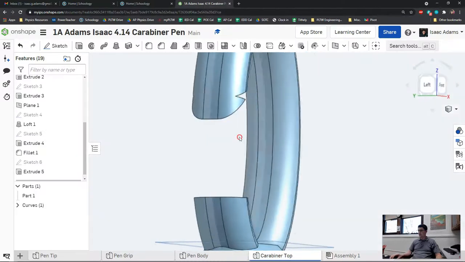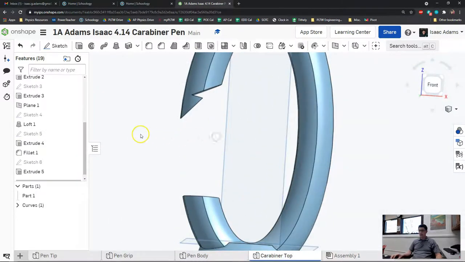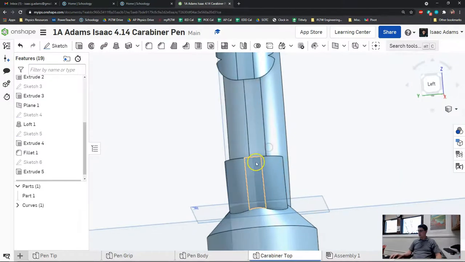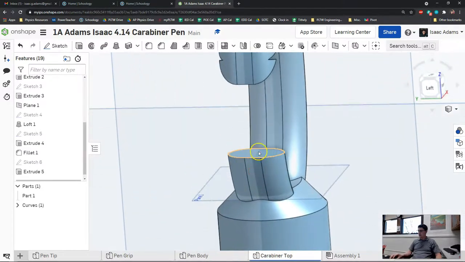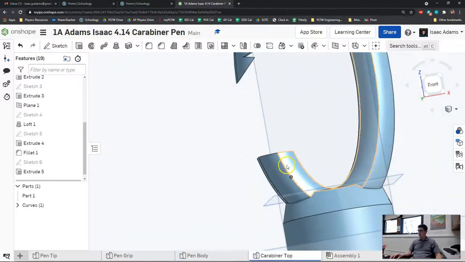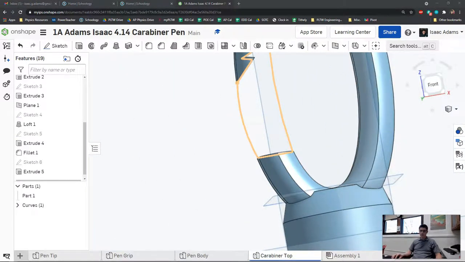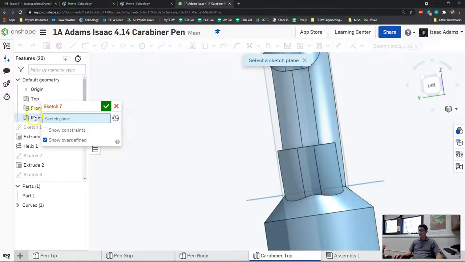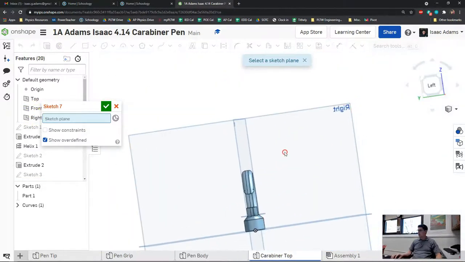It's perfectly constrained. There's two other features that we need to add on this. The first is that we need to add the cutout down here in between the little middle part where the bottom of the hinge is going to sit, and then we also need to add the hole where the pin will sit. So first we are going to create the sketch for this middle part. So I'm going to pan over here and I'm going to create a new sketch on the right side,